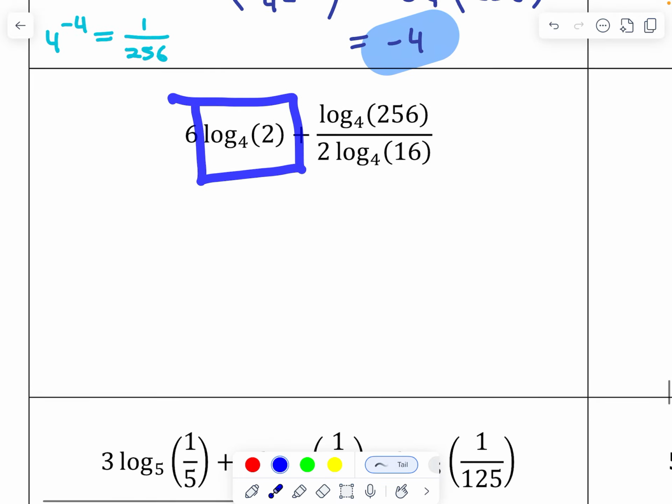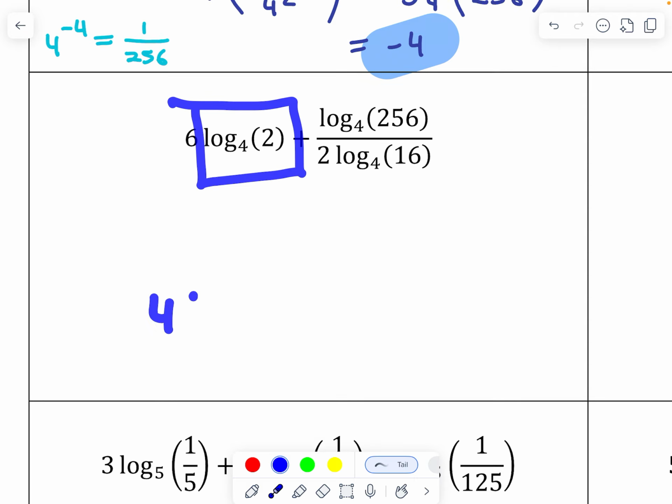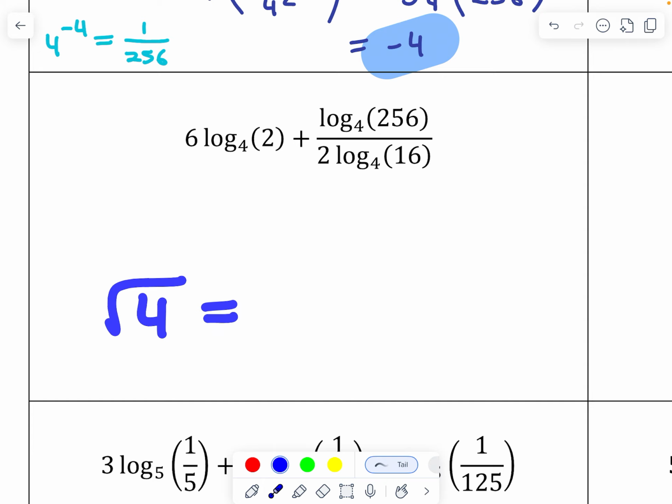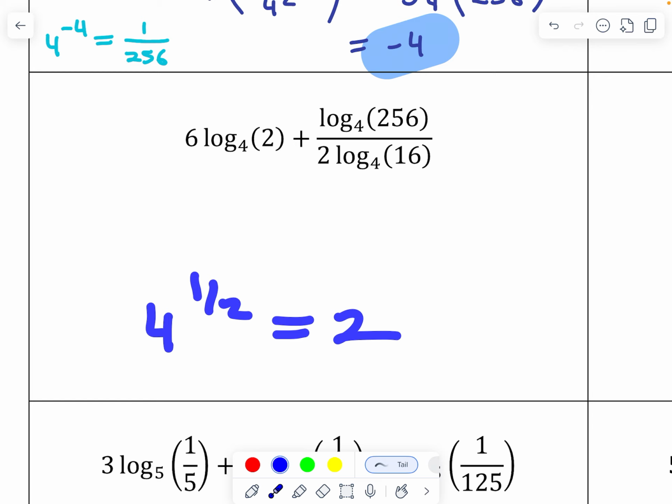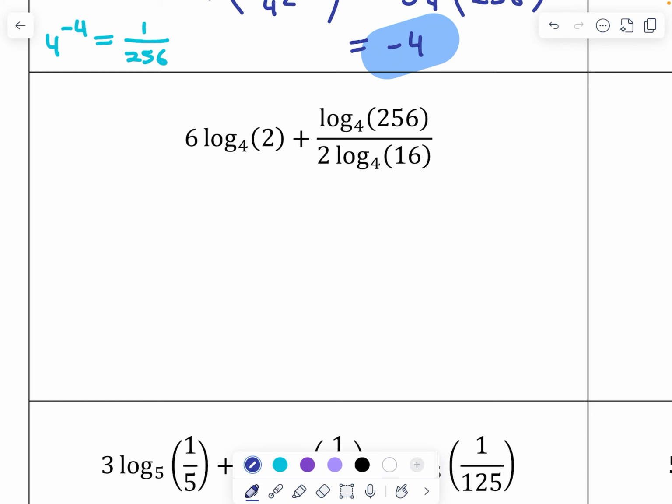This is essentially asking 4 to the what power equals 2. It's going to be the 1/2 power, or in other words, the square root, right? The square root of 4 equals 2, but we're going to use that as 4 to the 1/2 power equals 2. So this first piece here is 6 times 1/2